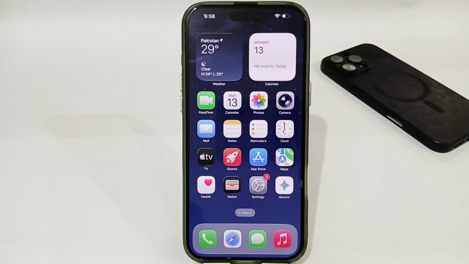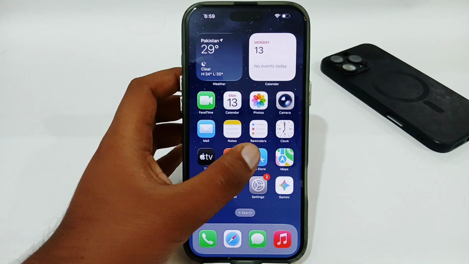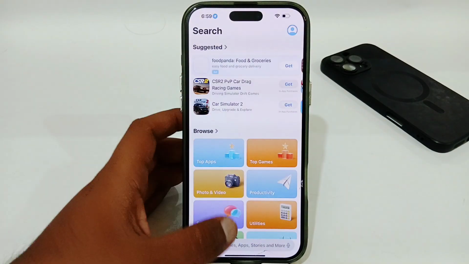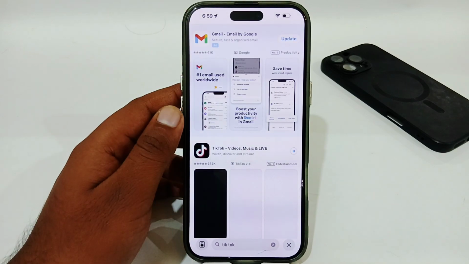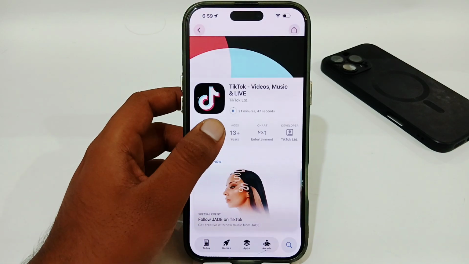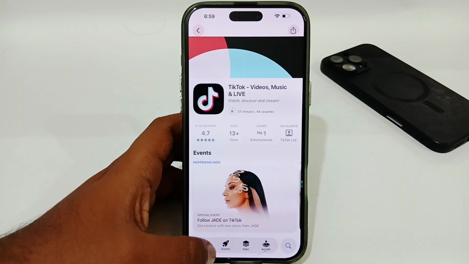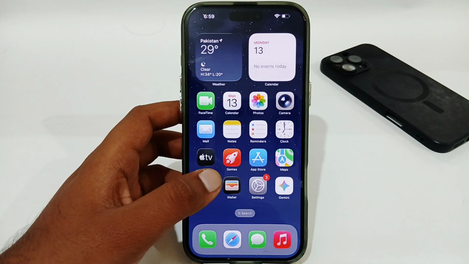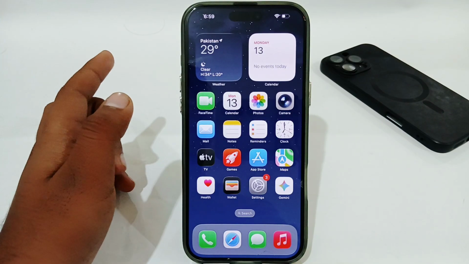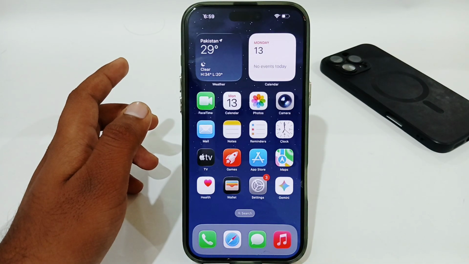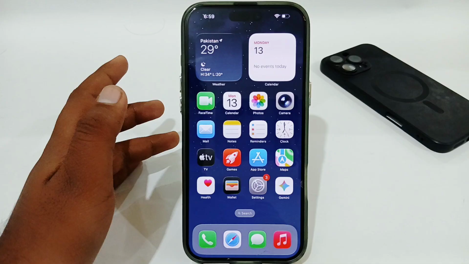So the first thing you have to make sure is that your TikTok app is not in an updating or installing process. So you just have to open your App Store or Play Store, and here you have to go for search and simply search for TikTok, and make sure that your TikTok app is not downloading or installing, or if your TikTok is at zero, you just have to wait until it's completed. And once you have checked, or if your TikTok is not installing or updating, but you're still having the same issue,